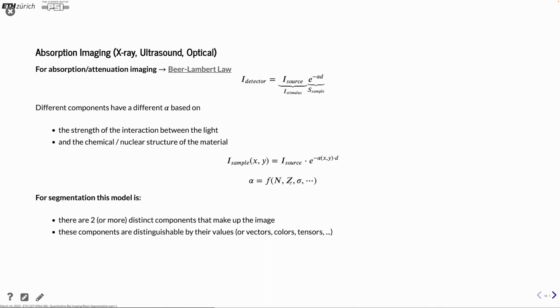It can depend on the density of the element that is in there, or the molecule that is in there, and also the microscopic cross-section, and so on. So it's a really complicated constant, this alpha. But it tells how much the beam is attenuated by this material. And to segment this, sometimes there are just two distinct components, so you have material and air,